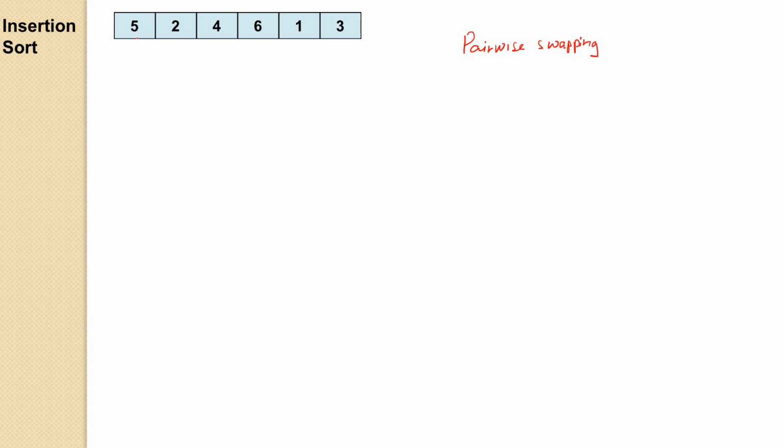Alright, so let's start. Let's take the first two, 5 and 2. So what is the key? The key is 2. And what happens? It has to move 2 to the right position. So when we compare 5 and 2, 2 is lesser, and then we need to move 2 to 5's place and 5 to 2's place. Meanwhile, let me tell you that we want to sort this array in